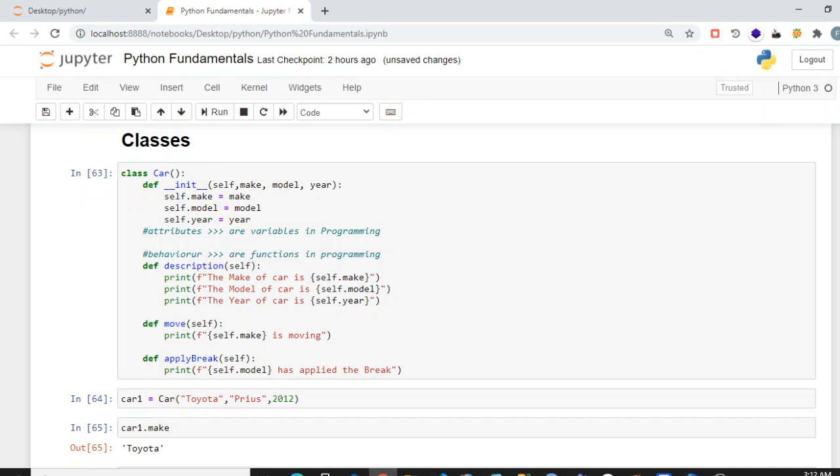Then we have classes in Python. Basically, classes are structures which are used for objects which have similar characteristics, similar attributes and behavior. For example, I have created a class,